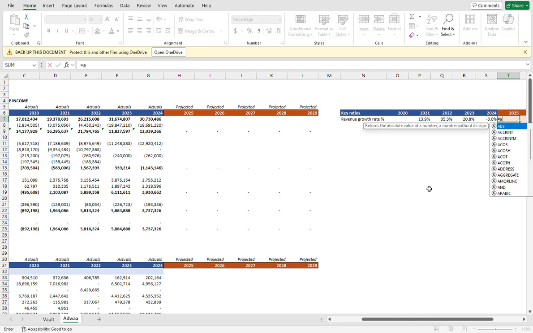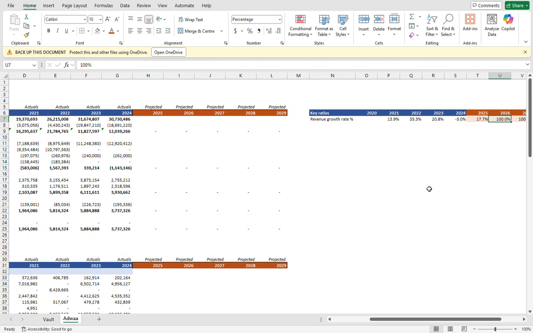Okay, delta average for 3 years, 17% growth plus 15% more, now we'll take 15% more,